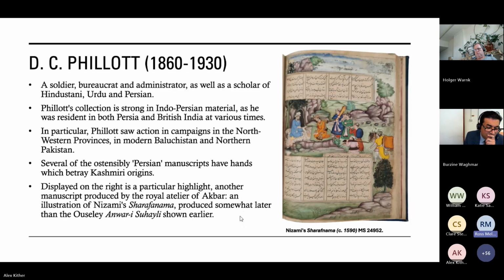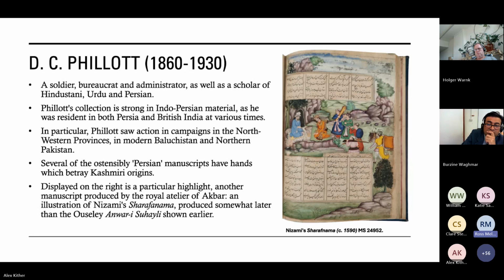So the second largest bequest, excluding Marsden, is from a man called Douglas Craven Phillott, who was a soldier, bureaucrat, administrator, scholar, linguist, a man with very broad-ranging connections to the subcontinent and interests. His collection is particularly strong. It's about 58 manuscripts in total, and it's particularly strong in Indo-Persian material, as he was resident in both Persia